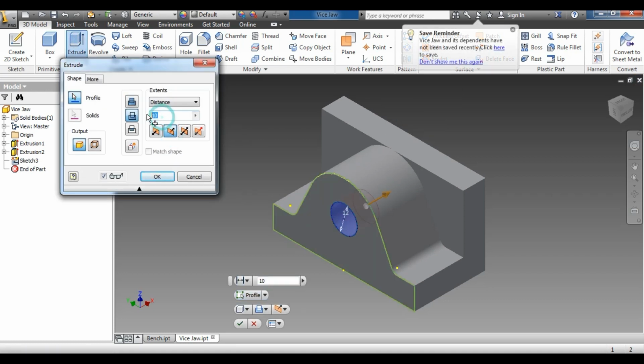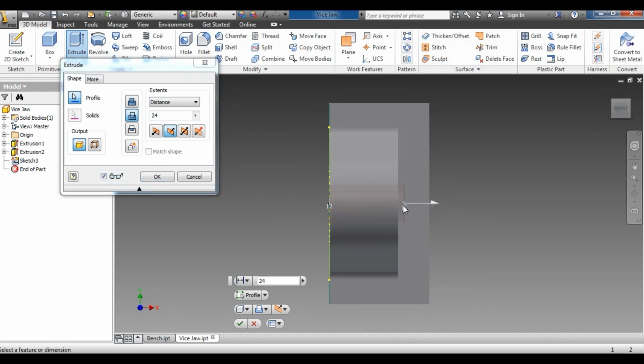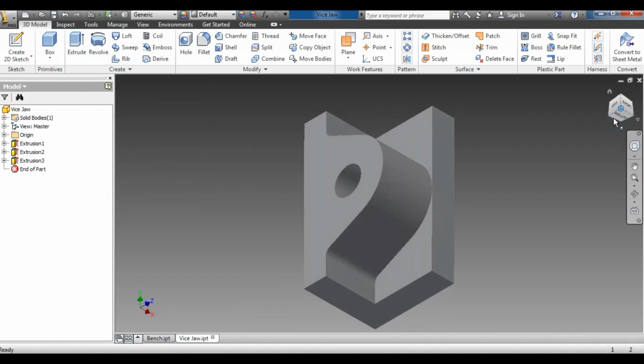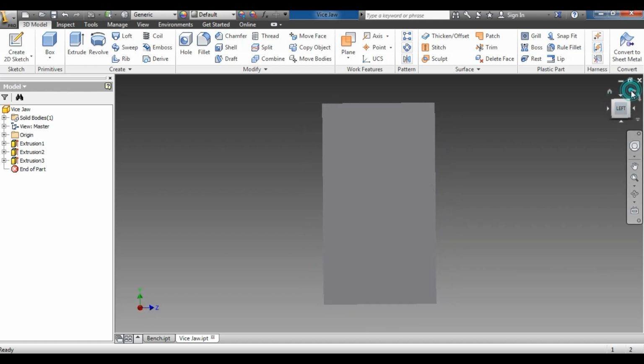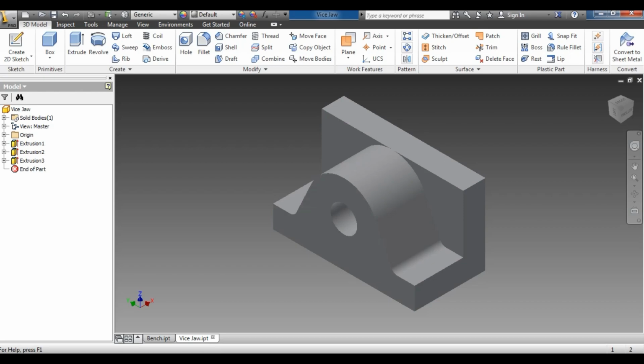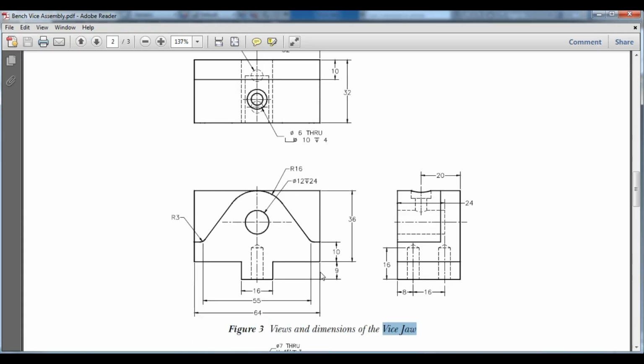Cut, and the distance is 24. Now you can see in the top view there is a rectangle. Okay, so now the next one, half part is over. Now from the bottom,